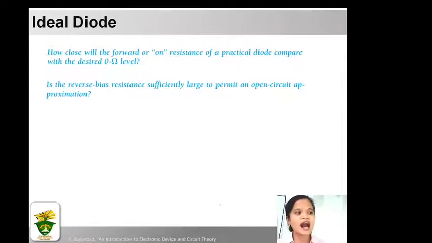Number 1, how close will the forward or on resistance of a practical diode compare with the desired 0 ohm level? So, i-compare nato ang katong ideal diode to the commercial one. Number 2, is the reverse bias resistance sufficiently large to permit an open circuit approximation? Okay, let us try to answer that in the next following